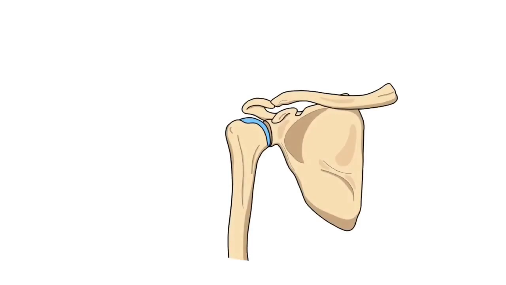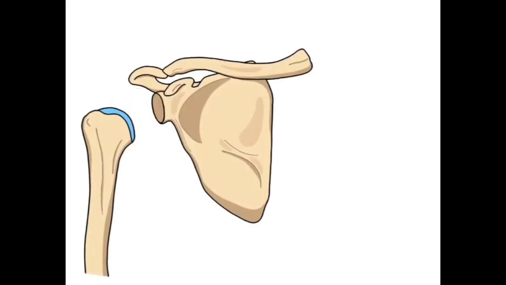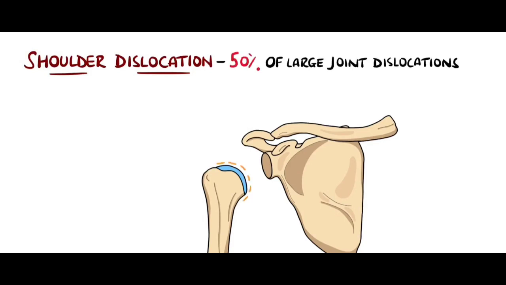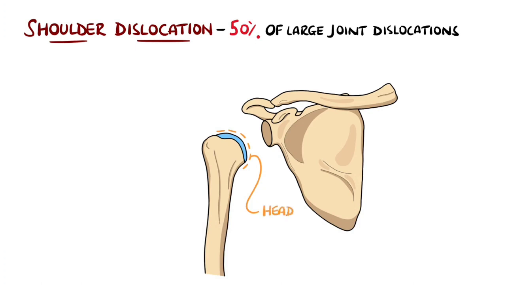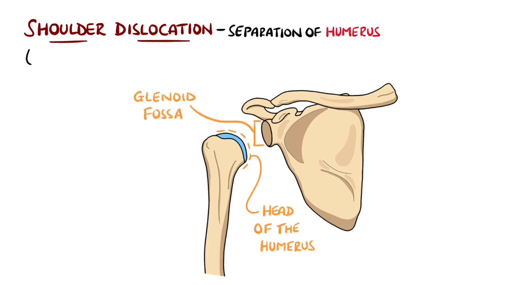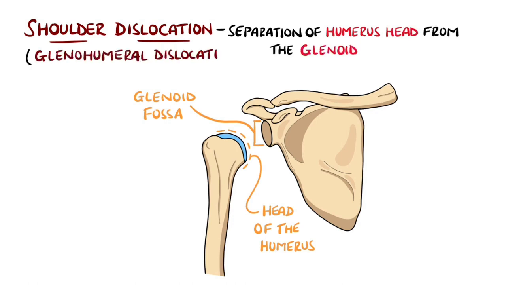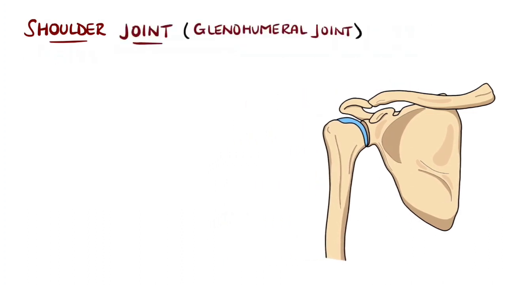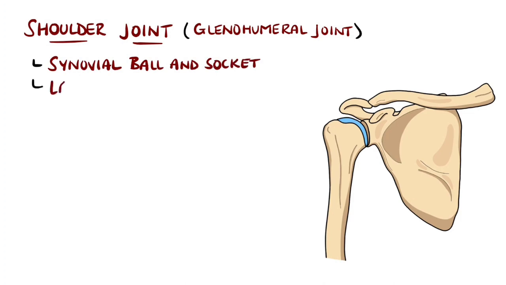A shoulder dislocation is when the humerus separates from the shoulder joint and is the most common of the large joint dislocations. Normally, the shoulder joint is made up of the head of the humerus articulated with the glenoid fossa of the scapula, which is why it is known as the glenohumeral joint. It is a synovial, ball and socket joint with a large range of motion, but at the cost of being